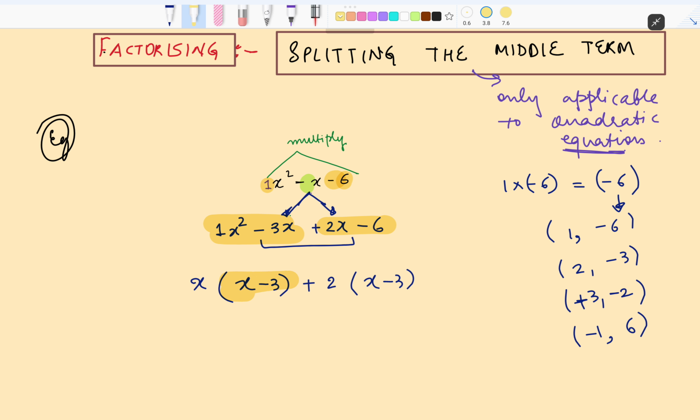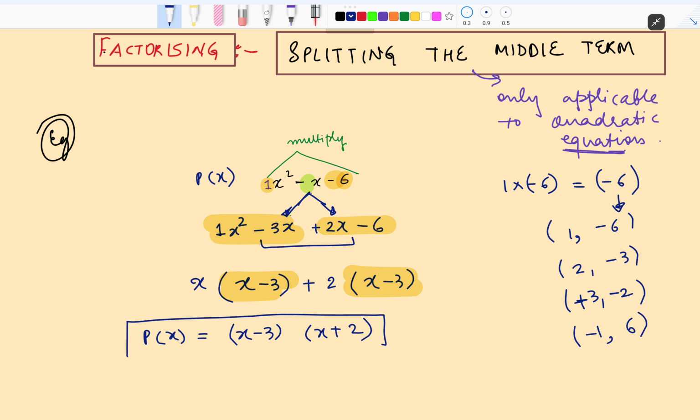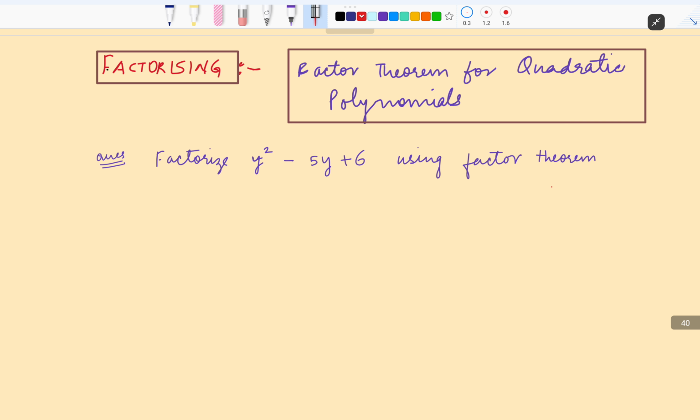इन दोनों में से I am going to take out the common, which is x minus 3, and remaining is x plus 2. So if this is my polynomial, p of x is equal to x minus 3 times x plus 2, and these are the two factors, right? Factors हम लिखते भी ऐसे हैं, this multiplied by this, because factors वही होते हैं ना जिन नंबर को आप multiply करो तो आपका final number आता है, तो we represent it this way. Okay? Next is अच्छा